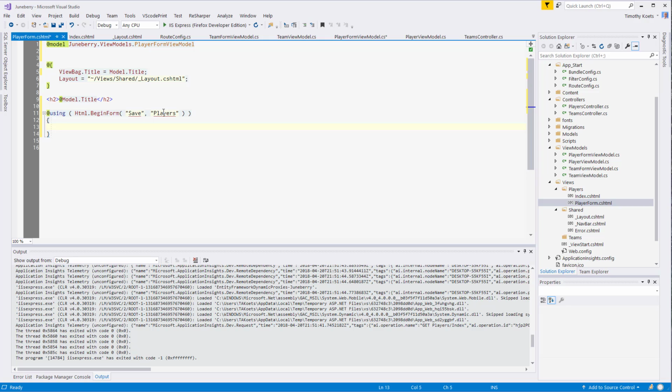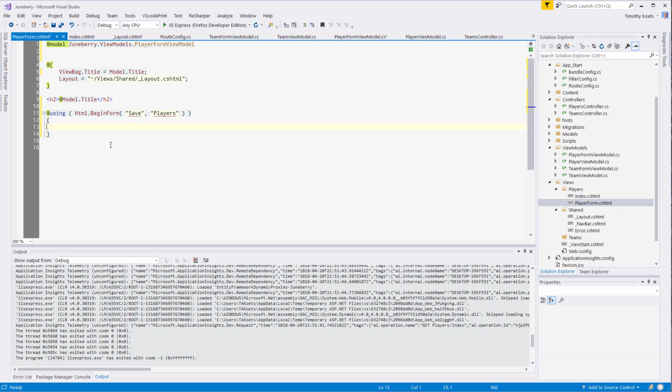So what goes in my form? Well, first, before that, let's take a look at BeginForm. This is going to be an HTML form, which, when submitted, is going to go to the players controller and the Save action. It will send to that action method, by default, a player object. So all we have to do is inside of the form, we need to put all of the attributes of a player in here and bind them to the model,